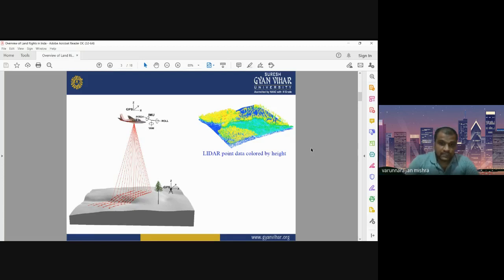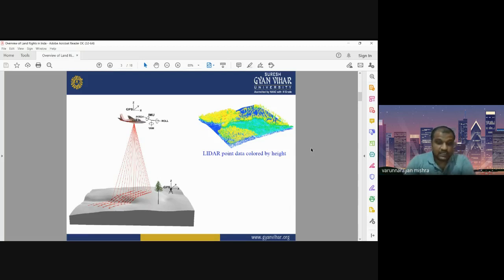Okay, and this is the data set, this is the point data that we can collect while we use LiDAR. So here you see LiDAR point data. LiDAR point data means each and every point here is showing a value, and this value is represented by different colors. Intensity, meaning how much energy is received by the LiDAR receiver, how much energy is received by the LiDAR system, may be represented by colors for different intensity ranges, different intensity values. So this is the whole mechanism. This figure is showing the whole mechanism, how it works.